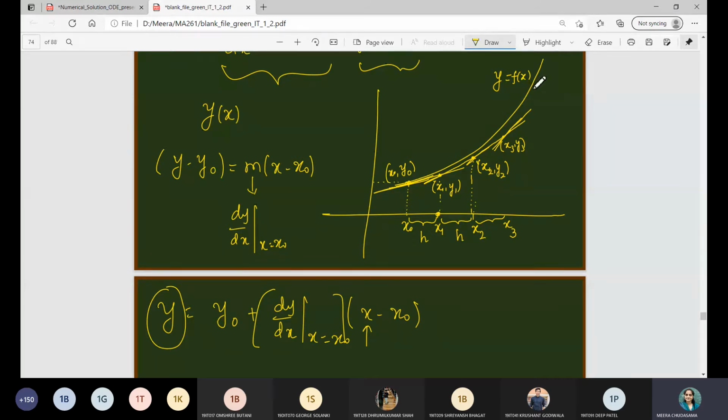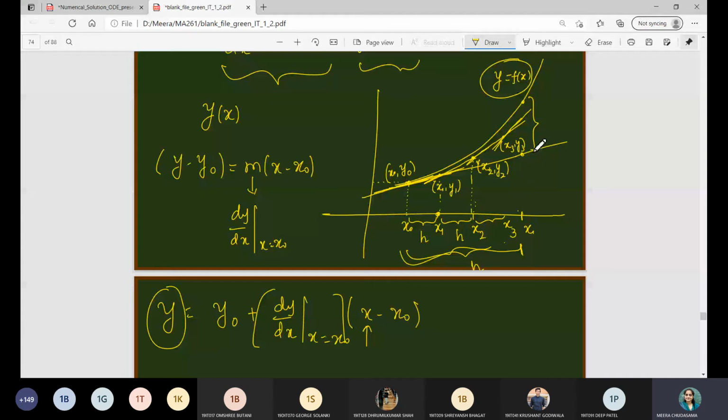So you can see that this curve is the desired solution, and we are getting a sequence of straight lines which are not exactly the same as the curve. As we increase the step size, if we had taken this h, then this first tangent line, if we extend it, would go somewhere over here. And the step size is increased, meaning if we had taken this step size, h would be here at the x1 point, and in that case y1 would be this one. So actually y1 would be this one, so the error will be larger in that case.